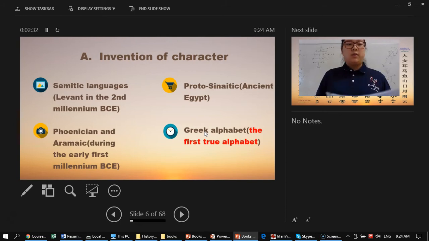This script was partly influenced by the older Egyptian hieratic, a cursive script related to Egyptian hieroglyphs. Many go through Phoenician and Aramaic, two closely related members of the Semitic family of scripts that were in use during the early 1st millennium BCE. The Semitic alphabet became the ancestor of multiple writing systems across the Middle East, Europe, Northern Africa, and South Asia.